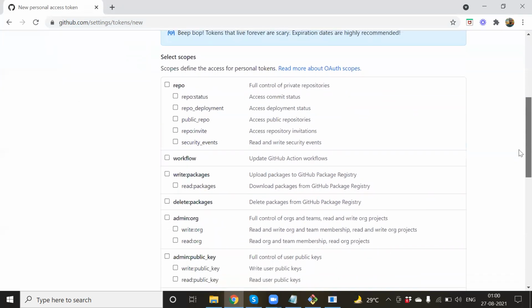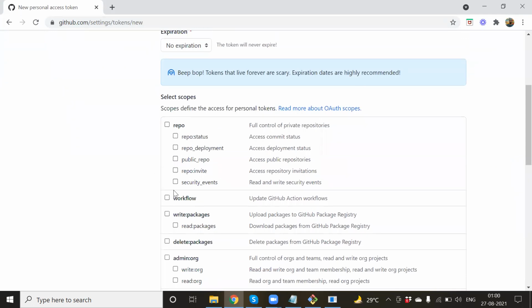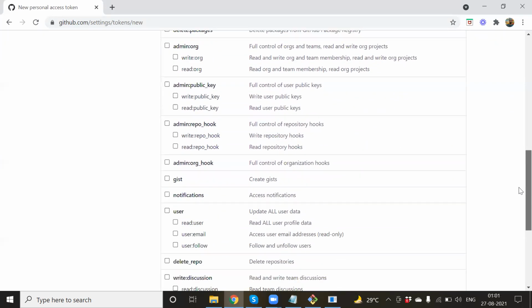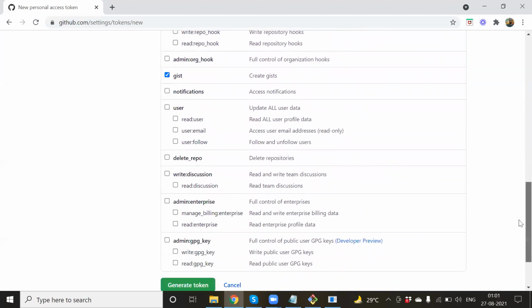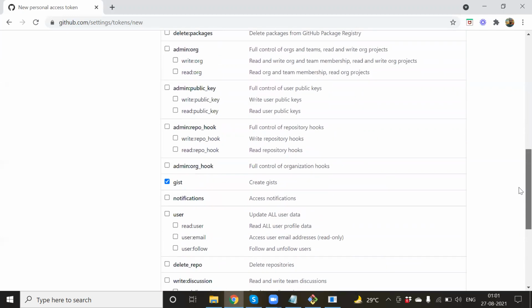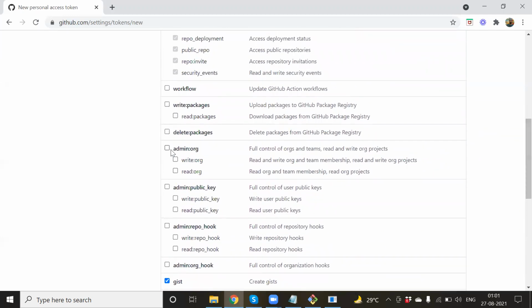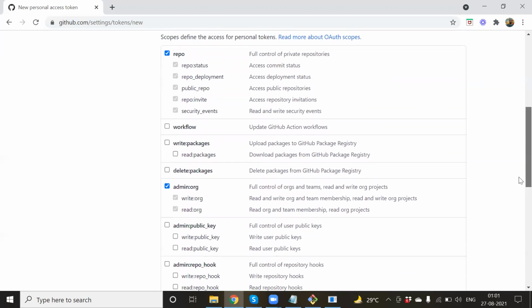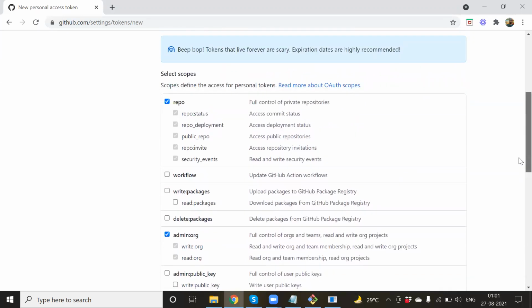It's fine. Also, I have to select the scope of what I will be able to do with this personal access token, what all things I will be able to do. So I better be able to do everything with the repo, able to get the status, everything. And I should also be able to create gist. And there's one more thing that we need to do: let's take the admin part also, the writing and reading also is better, because we should be able to do the pushing of the code. That should not create any issue.